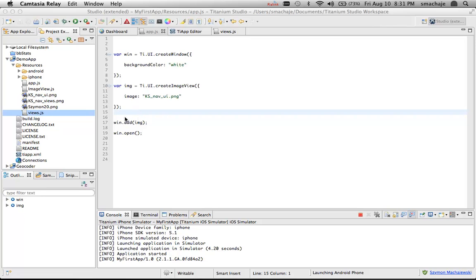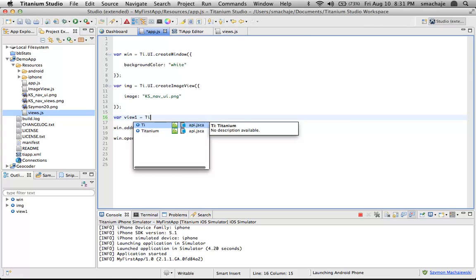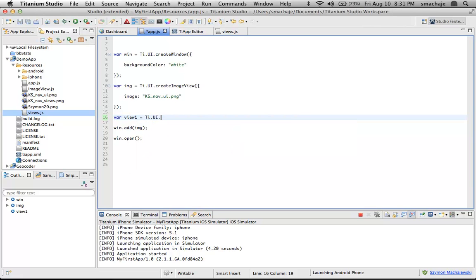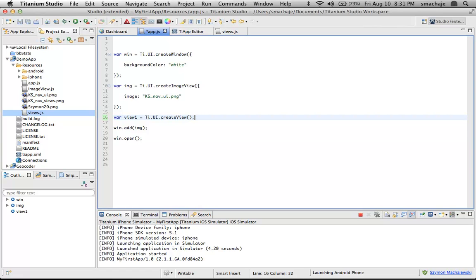Let me show you an example. Let's go ahead and create a view. We'll call it view 1. And we do this by saying titanium user interface create view. Now we have a view, and we will go ahead and add this view to the window. Alright, we'll make the image temporarily invisible. When I go ahead and run this application,